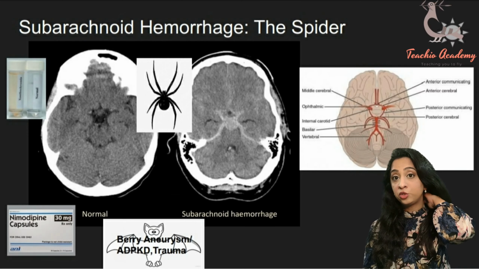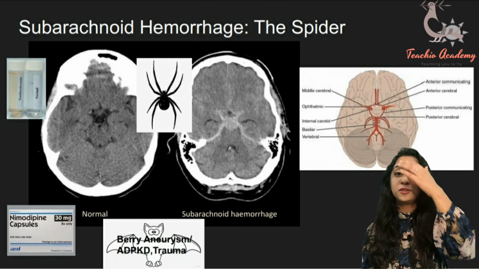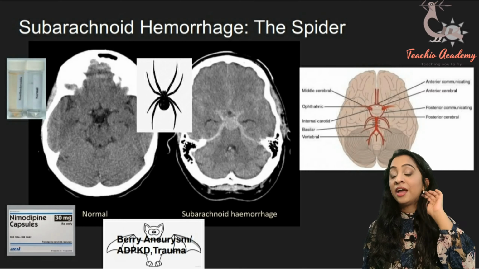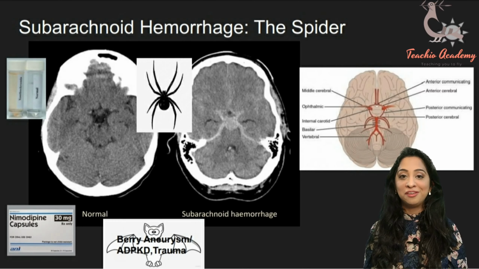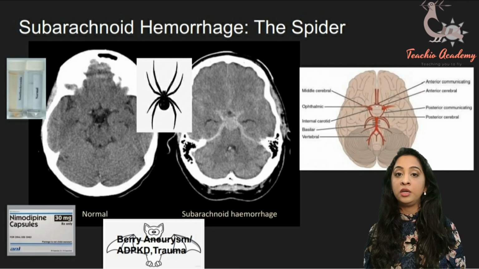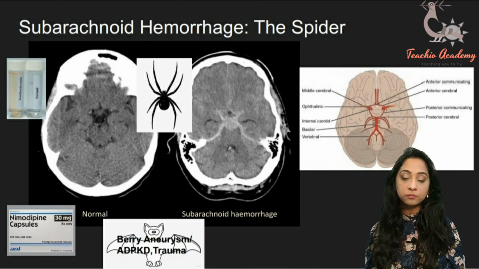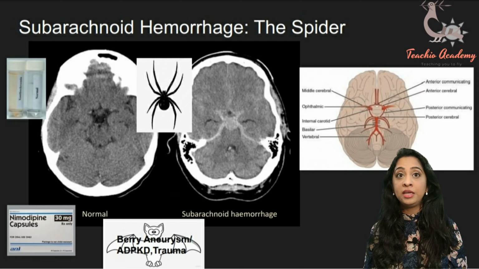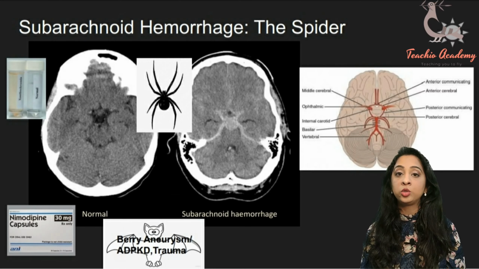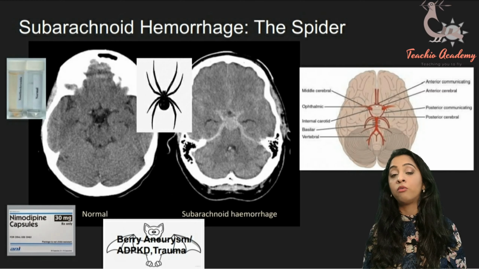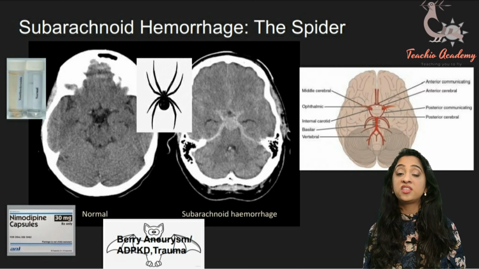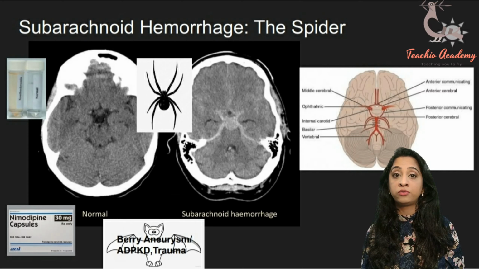You also need to remember that for the treatment of this, all the neurosurgeons, I know they're very fancy and very rich compared to us physicians, but what they do is they basically drain the blood, so craniotomy or a burr hole. Alright, so that's your subarachnoid hemorrhage done. It's a little bit more tricky compared to your epidural or your subdural or the rest of the intraparenchymal or ventricular bleeds, but this does appear on your exam a lot of times.